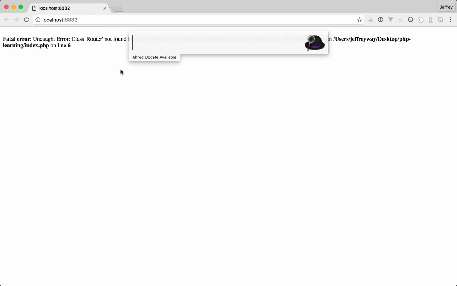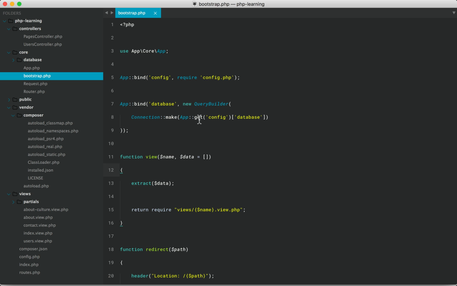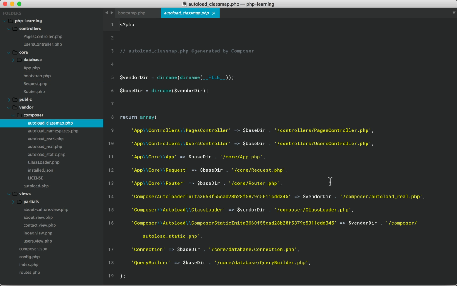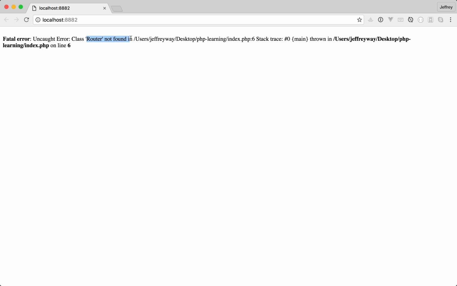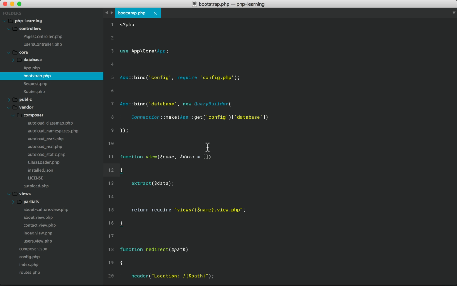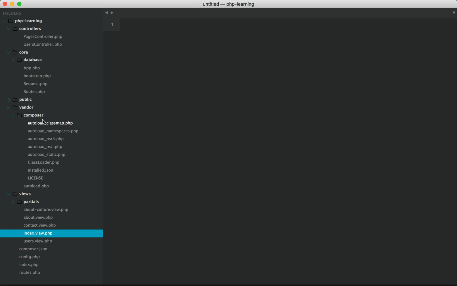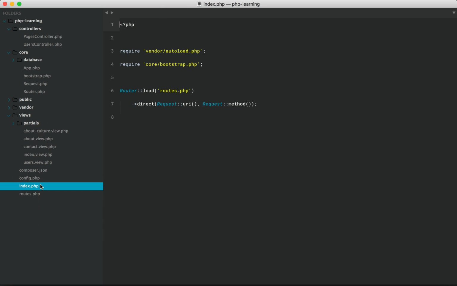So now, once again, because we're autoloading all of the files using just a general class map approach, now you can see these have been loaded. So this full namespace class is located within this file. Anyways, if we switch back, now it can't find another file, the router. So if we come down into our index file, once again, router.